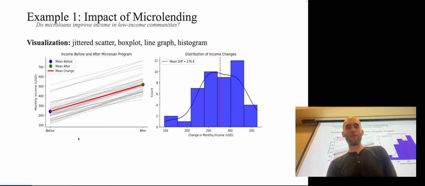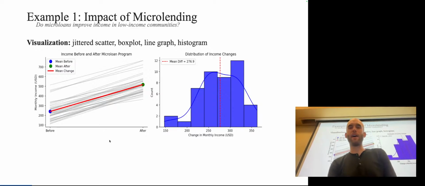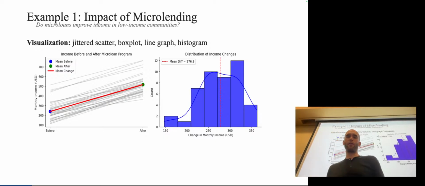We talked about a figure that looks a lot like this when we introduced panel data in part 1 at the very beginning of the semester, but that was a long time ago. So what this shows is the change in income before and after the impact of microlending. And then our second graph here is just the difference in monthly average income after the treatment, so after you got the microloan. And then this is just a histogram over those differences.